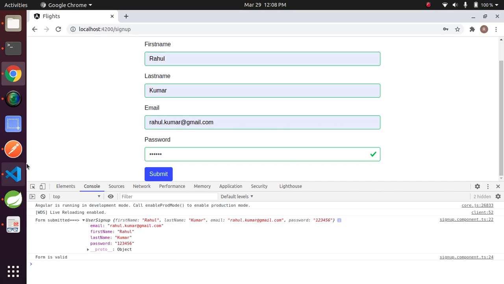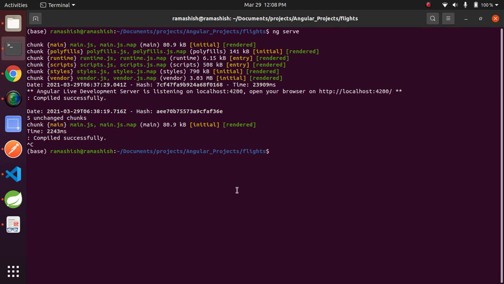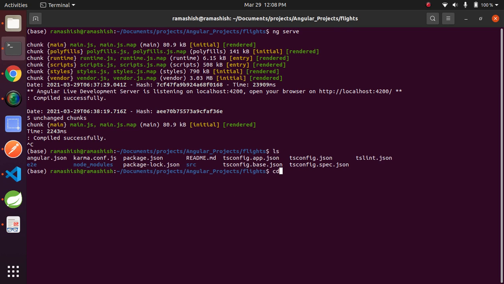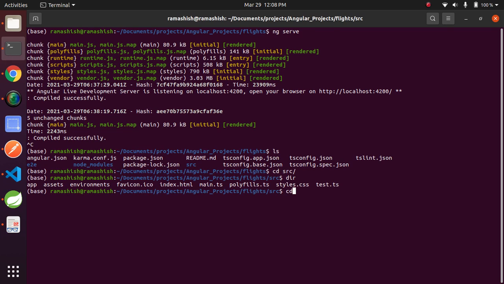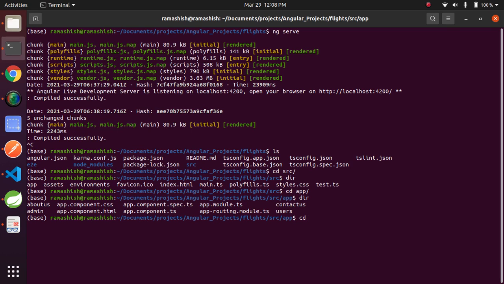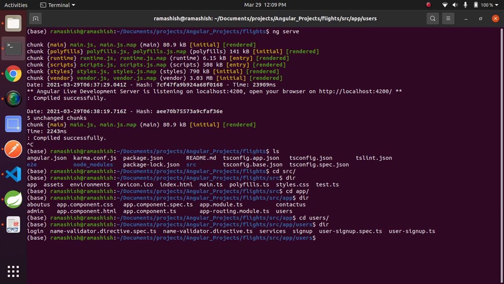So let's create a service to interact with the server. Control C, move to src, app, then users. Now we have another folder, services.